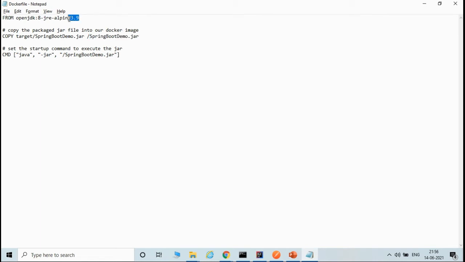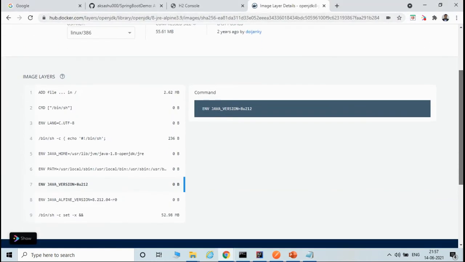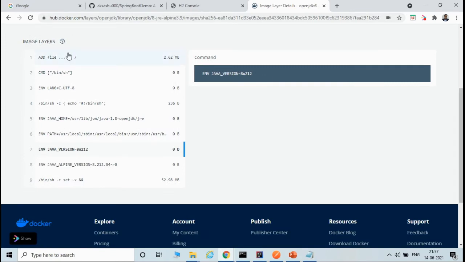If you search for this image name in Google, you will find that this image is present on hub.docker.com. If you go and see, these are the image layers. A particular Docker image will have different layers. Whenever you build a Docker image, let's say you modified only line number 7, only that particular line will be rebuilt.